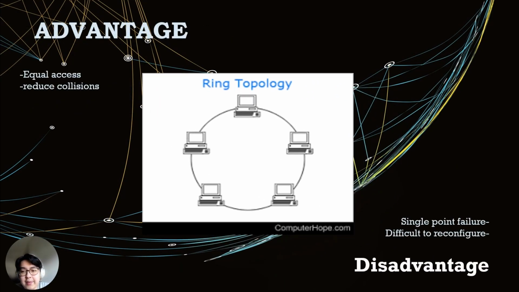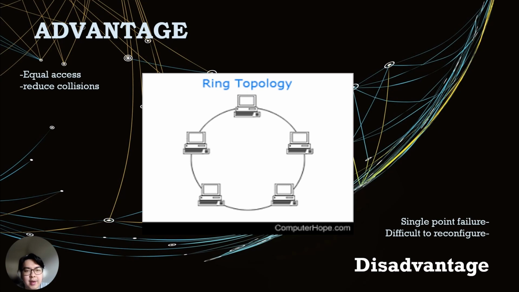Every device has equal access to the network, which prevents congestion and reduces collisions, because data travels in one direction. The disadvantage would be that it's a single point of failure, and if a single device breaks, it could interrupt the whole network. And it's hard to reconfigure because adding or removing a device would need reconfiguration of all the devices